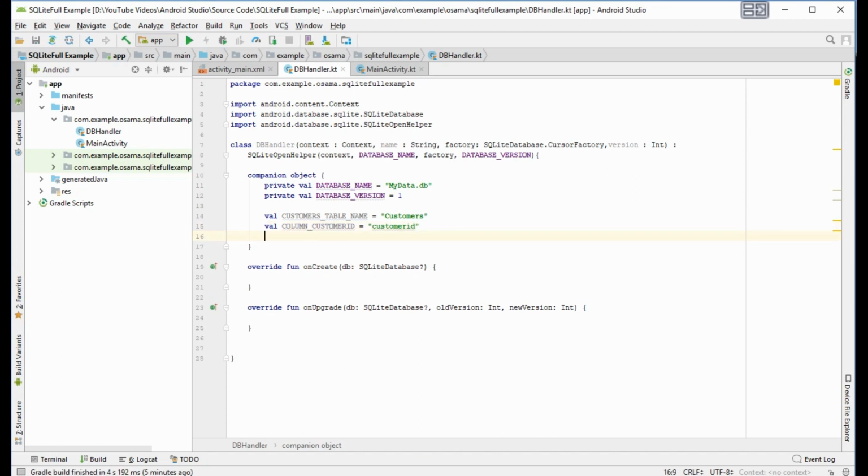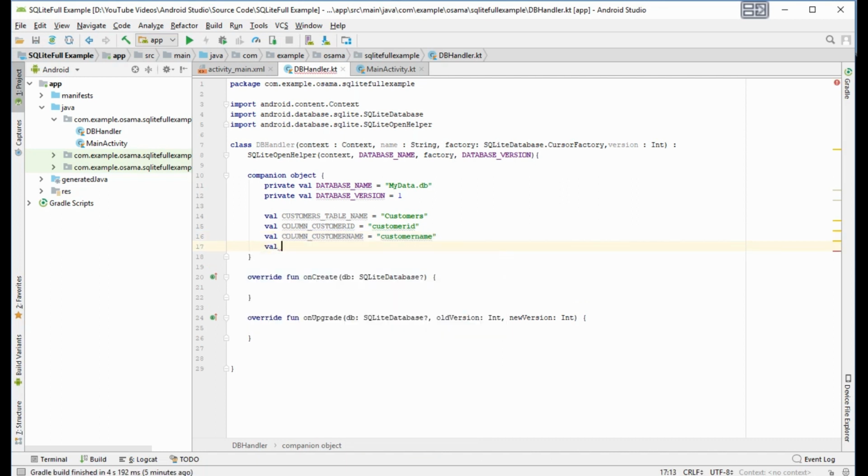And another val will be column customer name equal customer name, and val column max credit equal max credit.